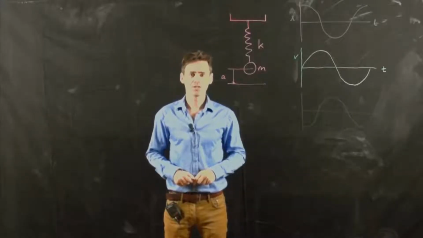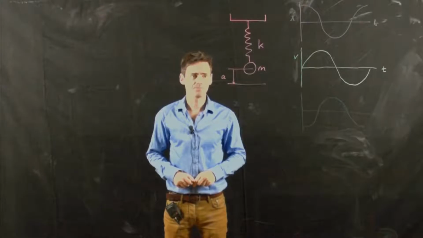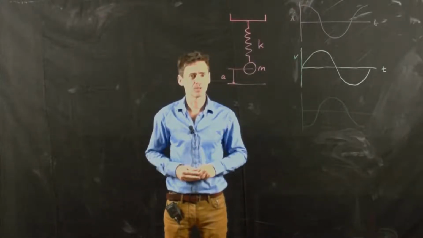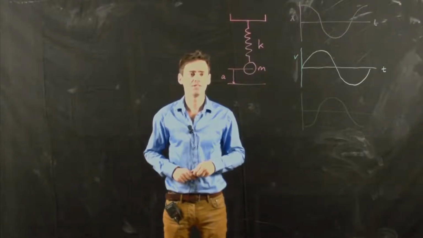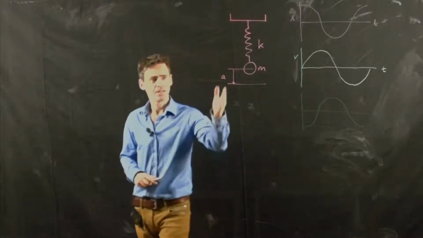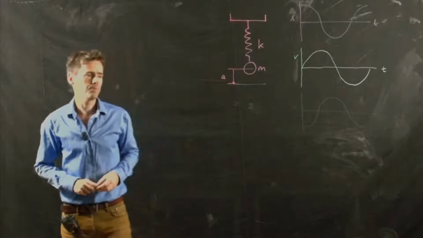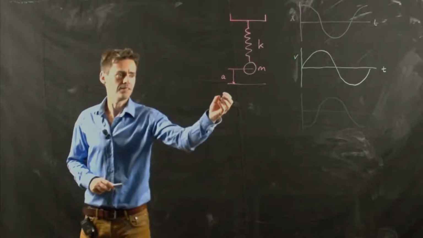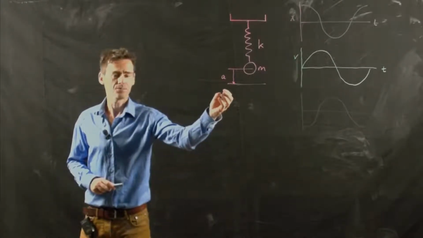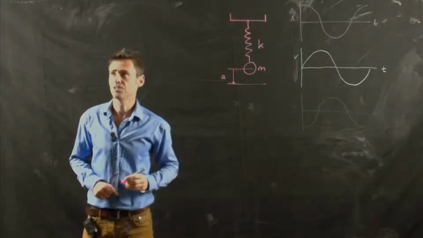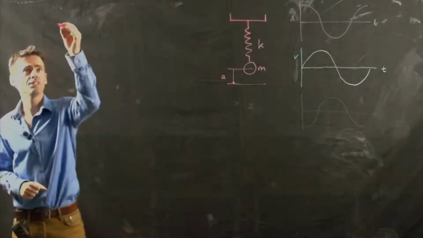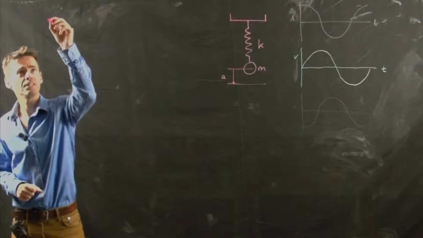Welcome to this worked example of the module waves. In this worked example, we're going to calculate the potential energy in time for a mass suspended on a spring. So here you can see the mass suspended on the spring, and we retract it by a distance a and then release it. As you've seen in the lectures, the equation of motion for this mass on the spring is given by